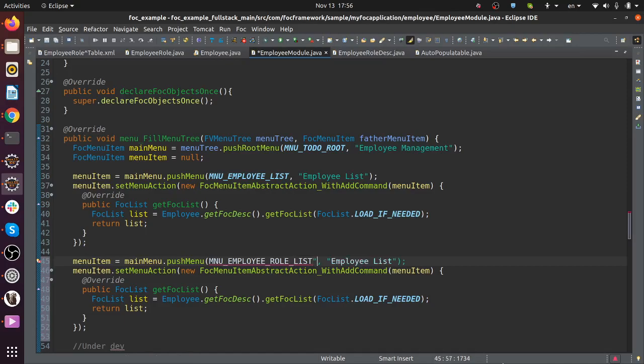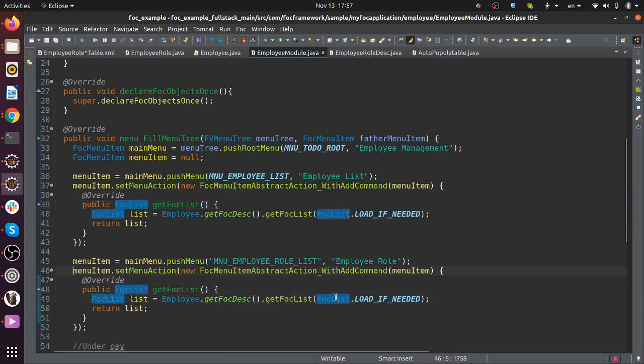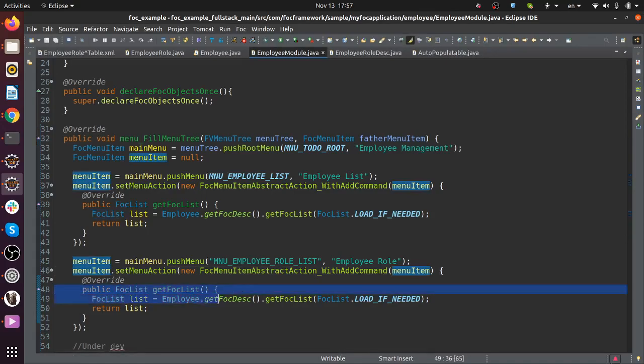We always have a sort of a constant here. I'm going to type it directly as a string to identify the menus independently. And then here I have a title, employee role. Okay, I'm going to stop the server. I have an employee role, and the only thing that I have to specify is the list that needs to be displayed. Why? Because Fog will guess what's the GUI that goes with it. Okay, so I'm saying employee role,